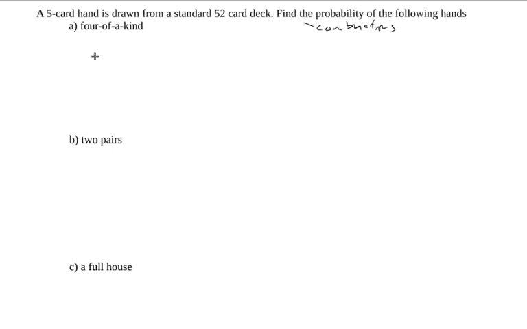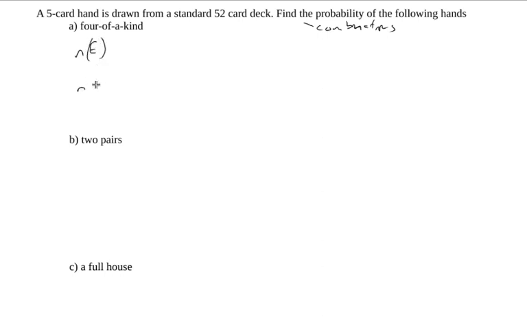This is because we are only caring whether or not we draw the cards. We don't arrange them into any particular order. So if I'm talking about the probability of drawing a 4 of a kind, then the number of ways I can draw a 4 of a kind,